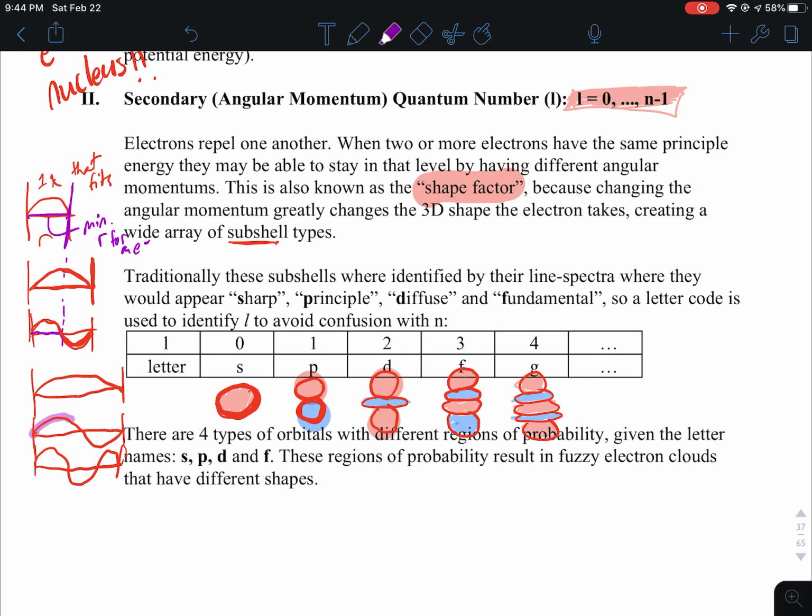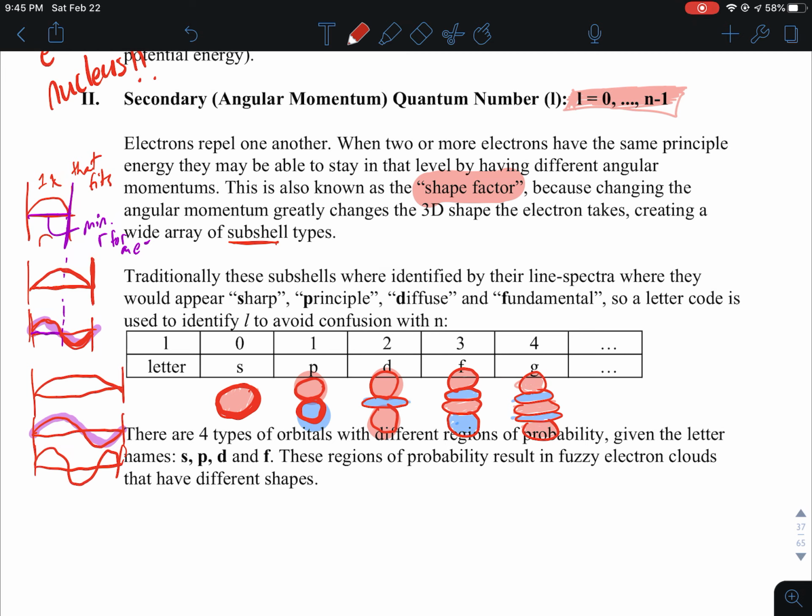And so some of these shapes share characteristics. This one here and this one here both have one single inversion point. If you do this in 3 dimensions, you get these very cool shapes. And these shapes have been labeled with letters. So the S shape, which turns out to be a very sharp line on your spectrum, is this sphere. This is the shape if you have no nodes,